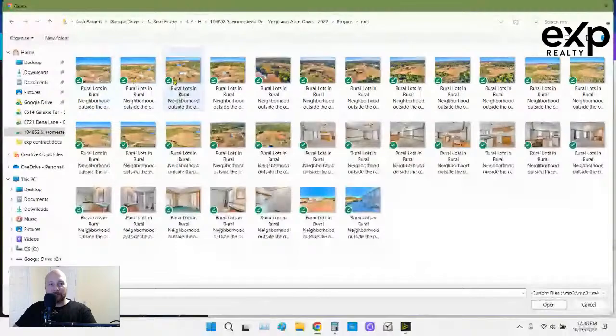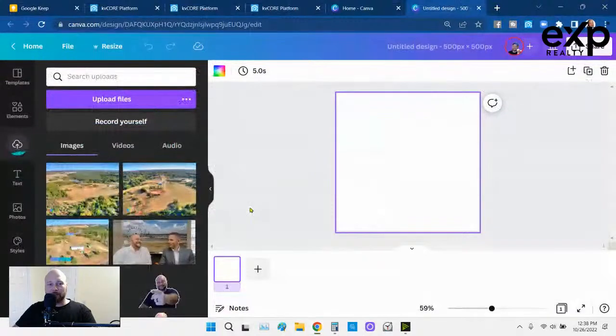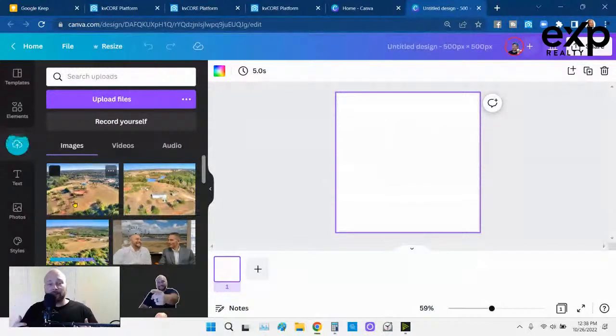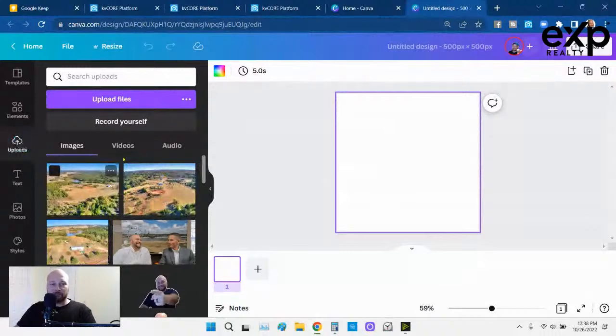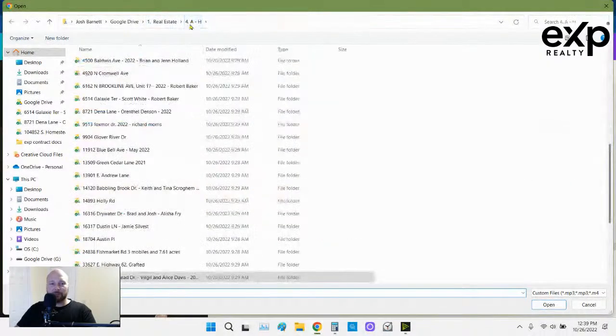Let's grab some very attractive land images. So I grabbed 3 land images. I'm going to pull them in. And then once those are pulled in, we're going to go grab 3 images of the house. And not only is it a brand style carousel ad, but it's also a listing style carousel ad too. But it's mainly for the brand play. It's definitely to promote the listings, but it's also a brand play.